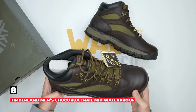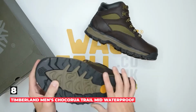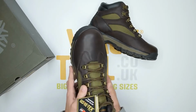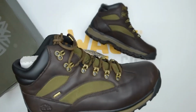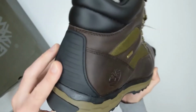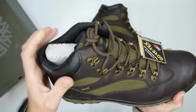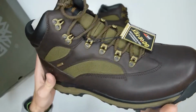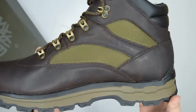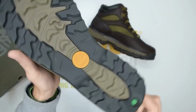Number 8 is Timberland Men's CHOCORUA 12 Mid-Waterproof Hiking Boots. Reviewers hiking through areas with various terrains felt these work the best to accommodate different grounds. I broke them into a 3-hour hike over mixed terrain that included a lot of mud and shallow water. They performed perfectly. The boots are lightweight, but with a stiff enough bottom that rocks and roots cause no discomfort,